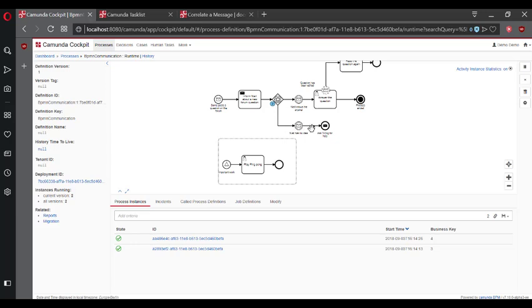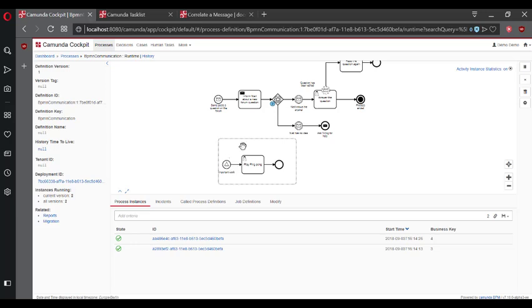It could be a business key, it could be correlation variables, and the very important thing is there are some rules about these that we've been adhering to. The first one being that we can only correlate to one other message. It's technically possible to correlate to more than one via the API, but usually it's a good idea to follow the rules of the BPMN symbol itself and have a one-to-one correlation, which means that if I wanted to trigger a whole bunch of processes, that's when I would use a signal event, like in this case.